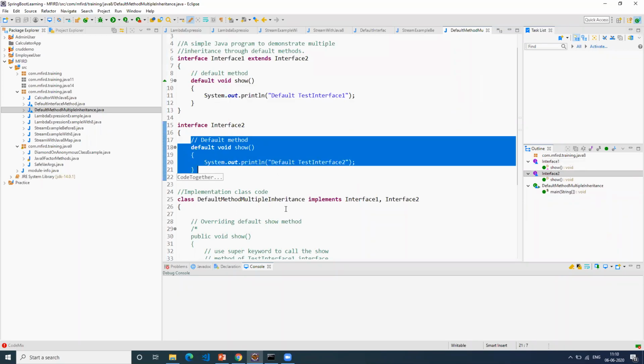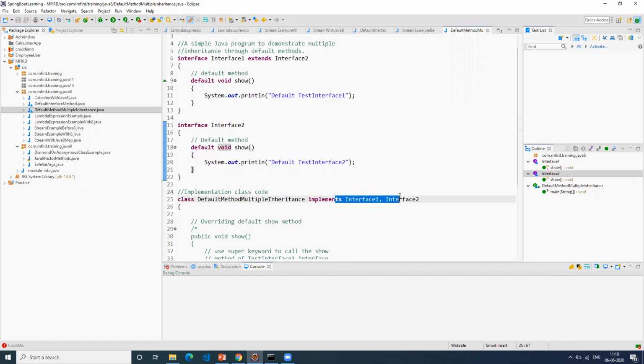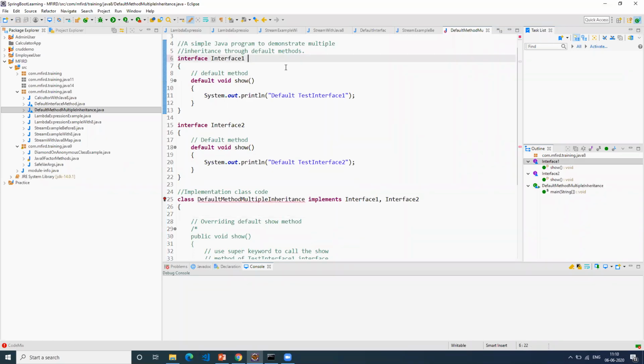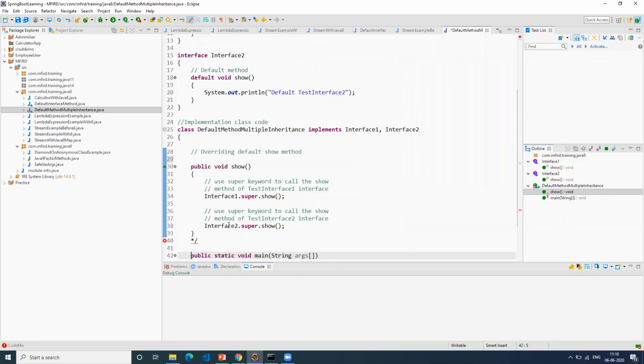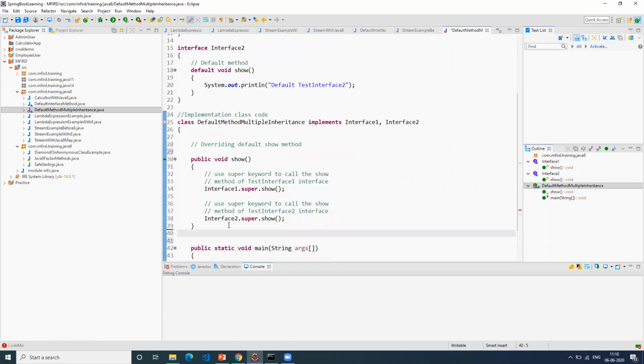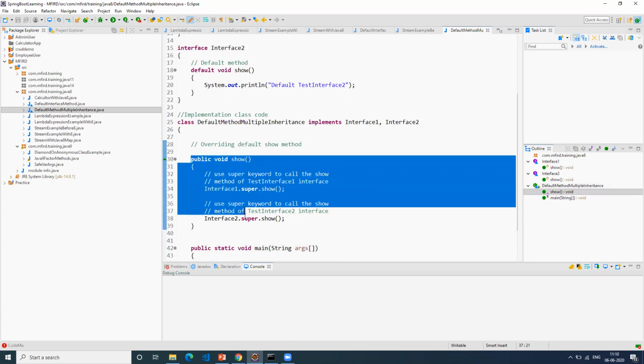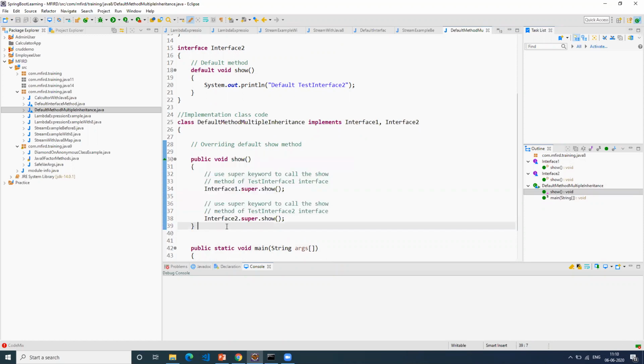Now I'm trying to use both of them here. Obviously, it will give an error. It will not work. This is what I'm trying to say. So this is one demonstration for your default method. This is not actually what I wanted to explain. My concept was on the default method, how it works. This is one of the cases in default method wherein you're providing implementation for the default method by overriding the interface default method. Let me get back to the actual topic for today.